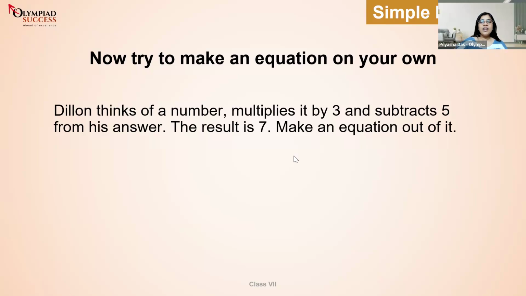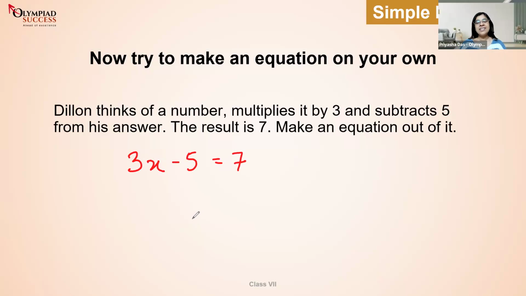Okay, so here we have to follow step by step. Let us assume that our number is x. So if our number is x, thank you, Neeraj. If our number is x, we are going to multiply 3 with that number and then subtract 5 from it. The value would be 7. So can you people calculate and tell me the value of x now?